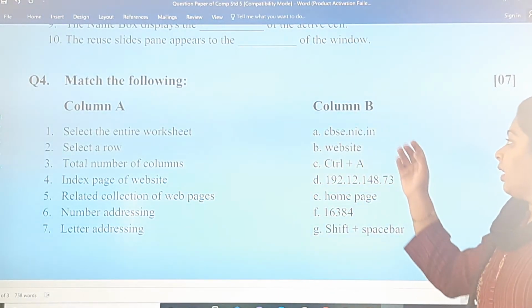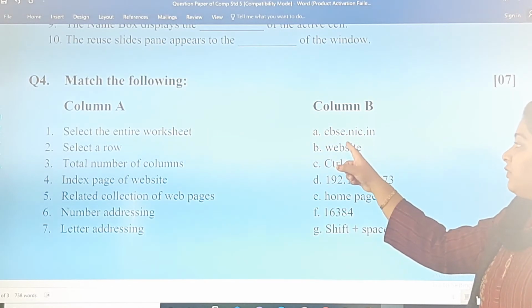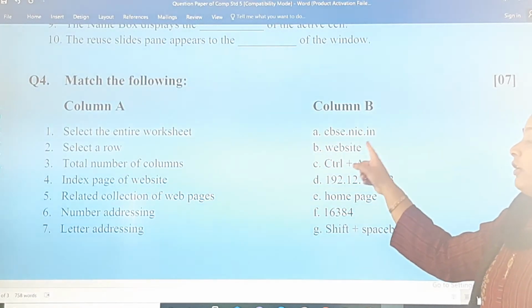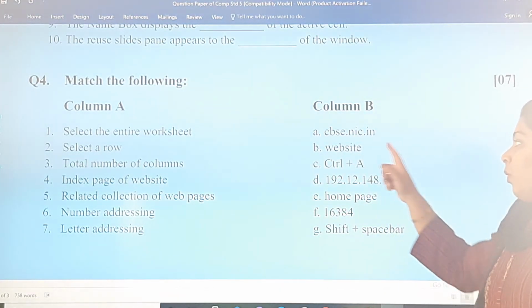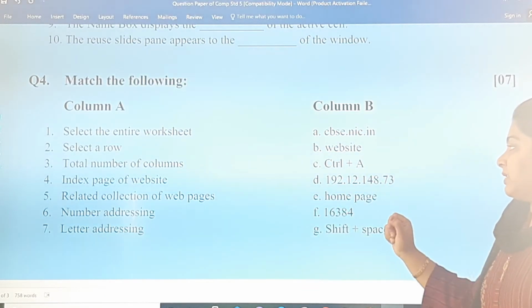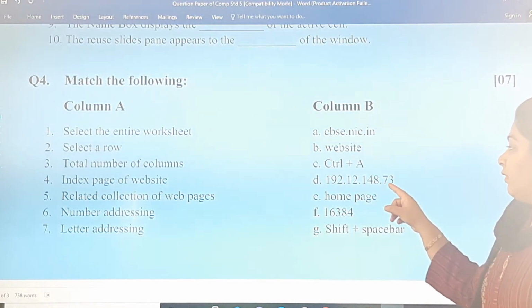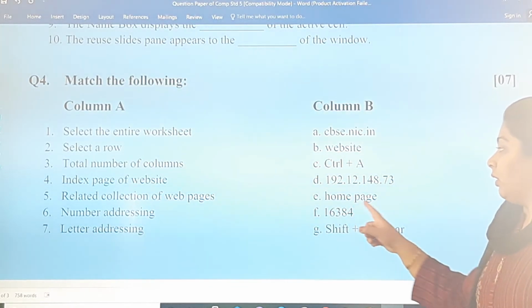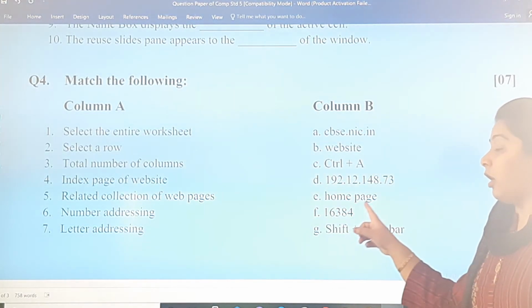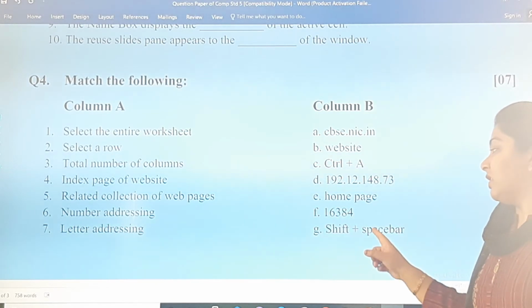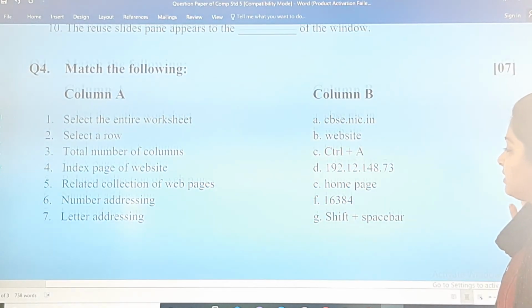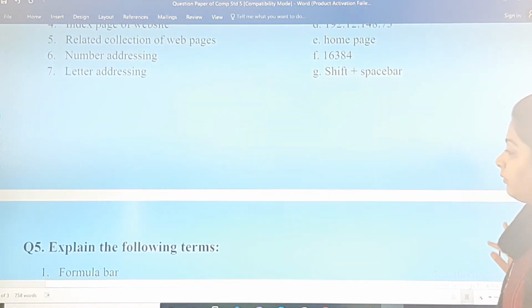Column B, you can have here in the first one cbsc.nic.in, website, control plus A, 192.12.148.73, home page, 16,384, and the last one is shift plus space bar.